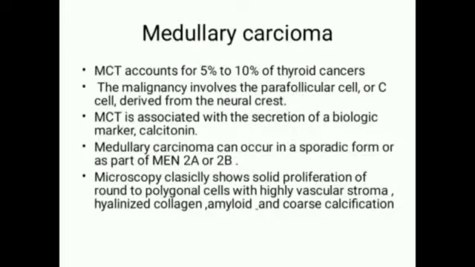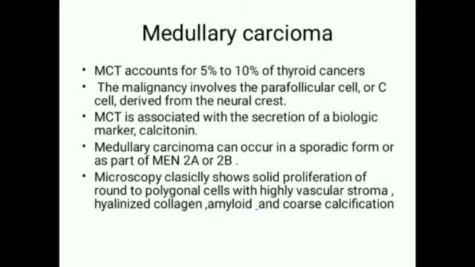Here they are parafollicular, around the follicles, or C cells, which are derived from the neural crest, and it is mostly associated with the secretion of a biologic marker called calcitonin. Medullary carcinoma can occur in a sporadic form or as part of MEN 2A or 2B. Microscopically you can see a solid proliferation of round polygonal cells with highly vascular stroma,